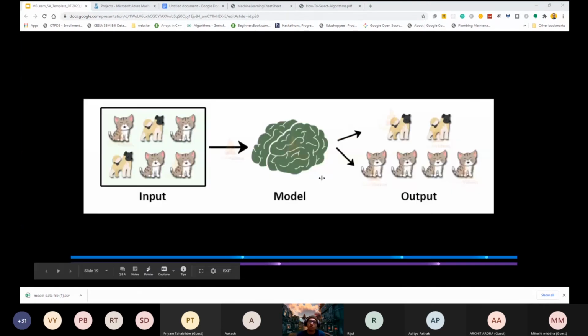Now, how to identify and solve any machine learning problem? So first thing is you have to...